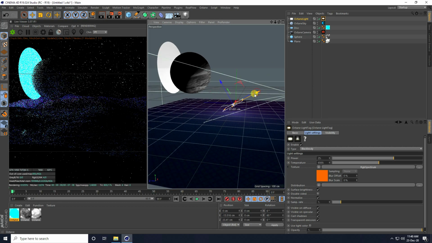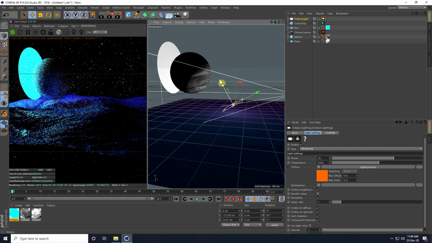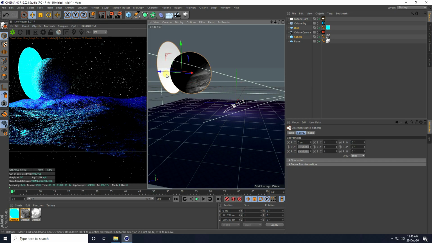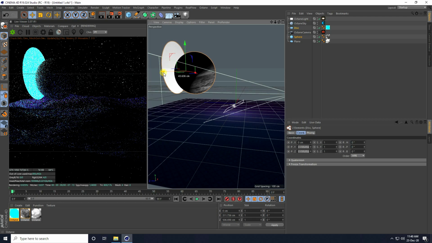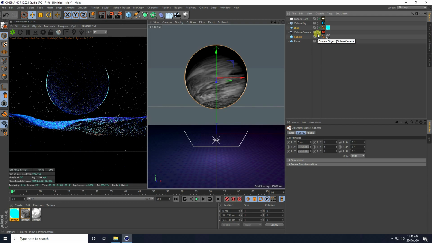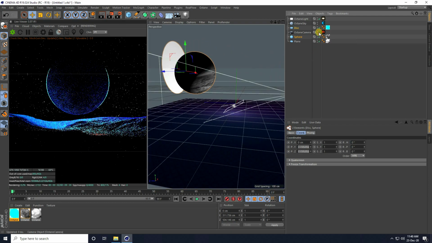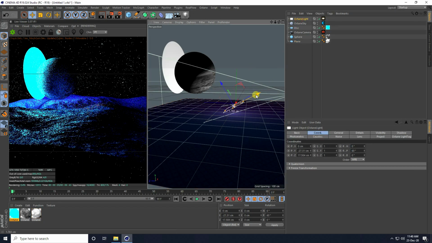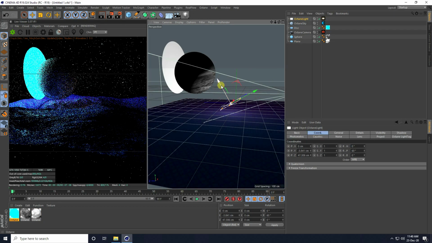And guys, yeah, position is good. Guys, select this one, also a little bit closer and go to camera. Yeah, select this light, this one. Yeah, right.